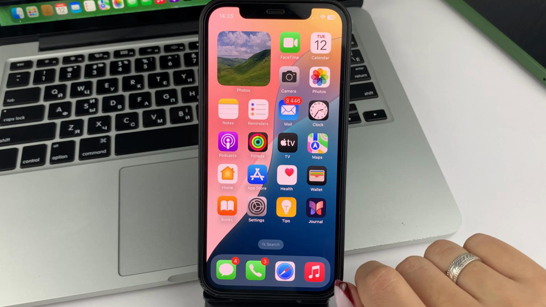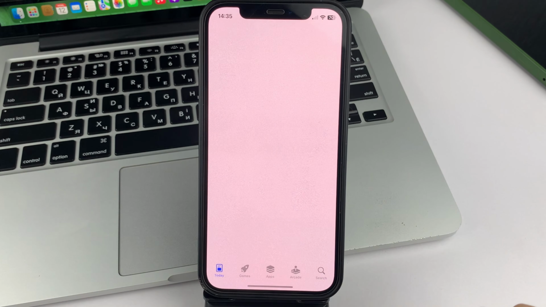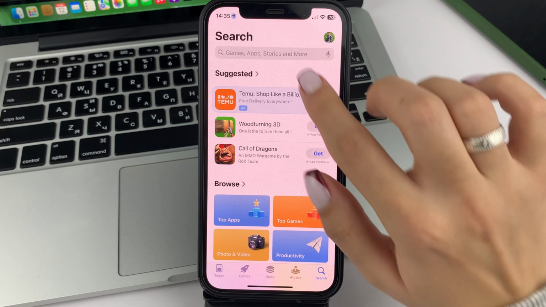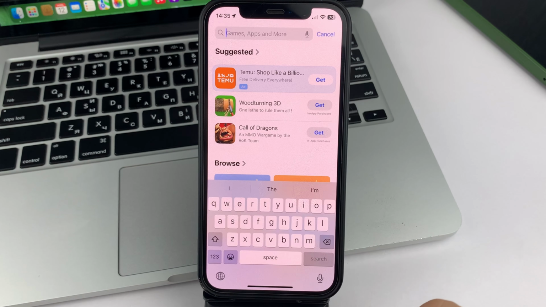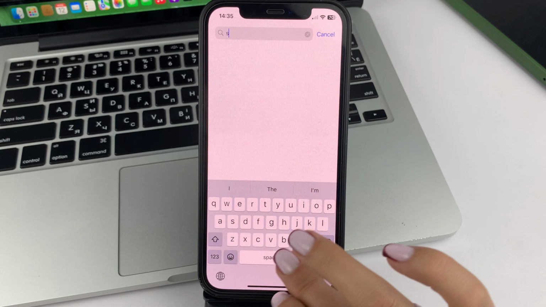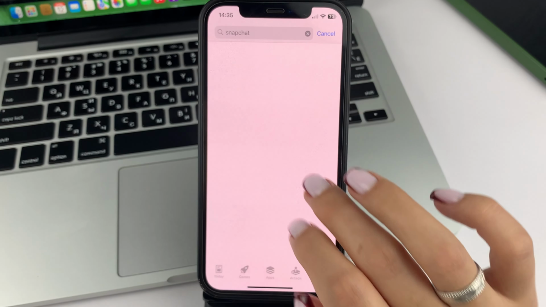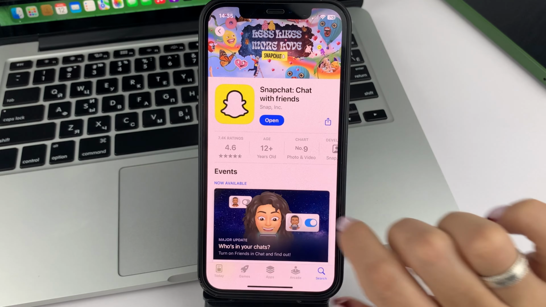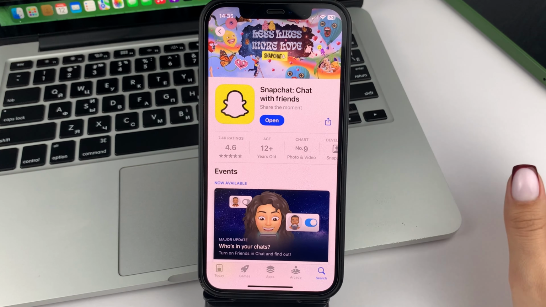When you uninstall it, you need to go to the App Store app, go to the search box, and type in the name of the app you deleted before. Once you find the deleted app, open it up and download it again by clicking Download.